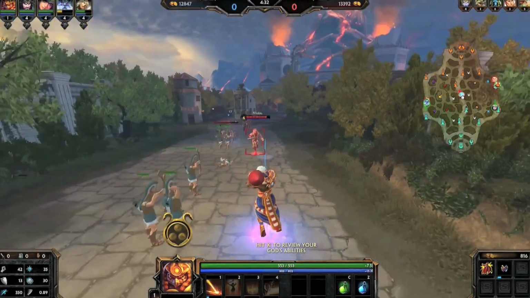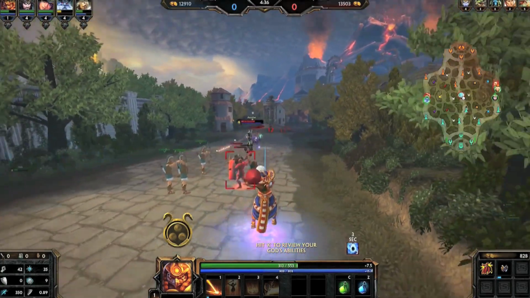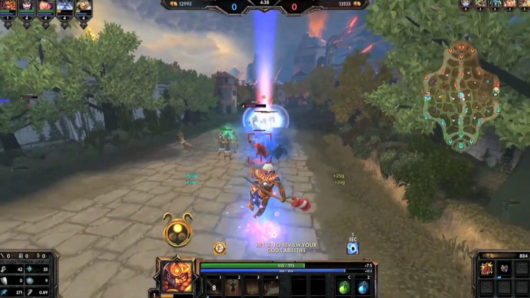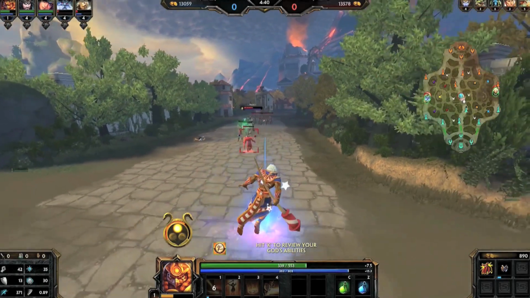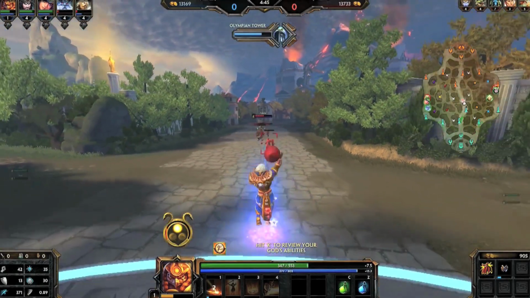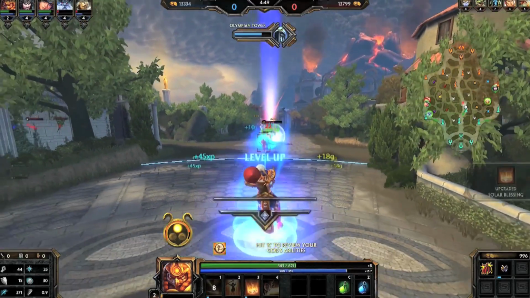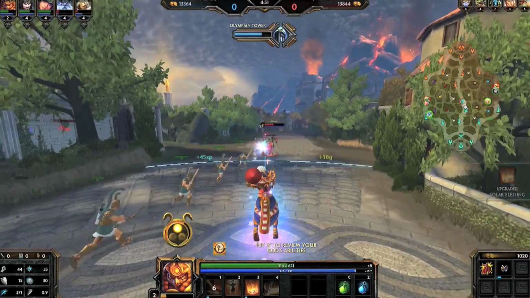Number 1, if there are no friendly minions nearby, the enemy minions will target you. And number 2, if you damage an enemy god, any nearby enemy minions will target you. Stop damaging the enemy god, and the enemy minions will retarget your minions. Early game, minions are strong compared to your god, so be cautious and stay behind your minions as you make